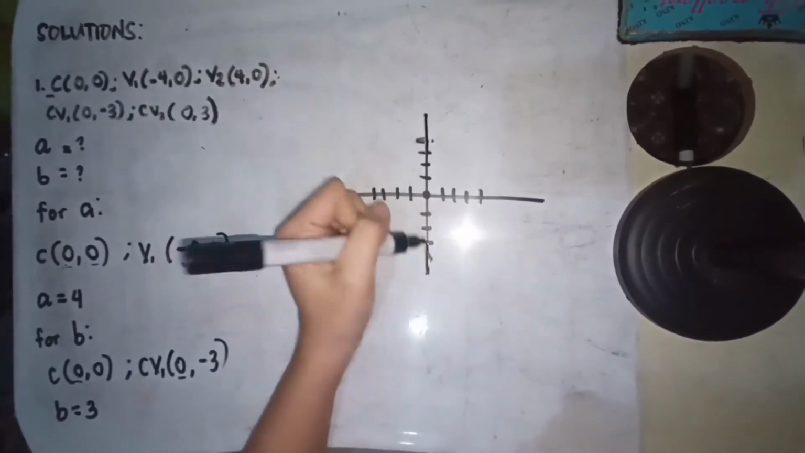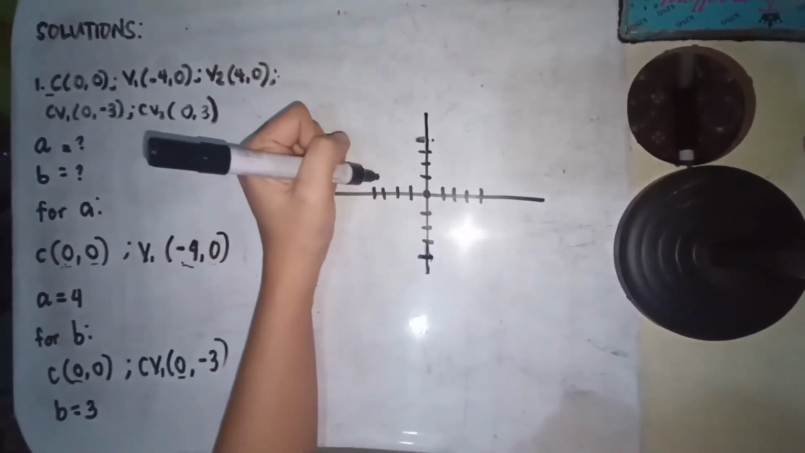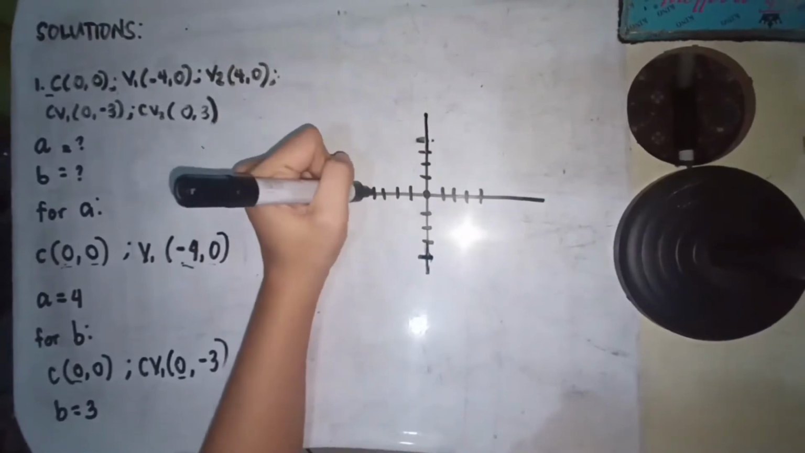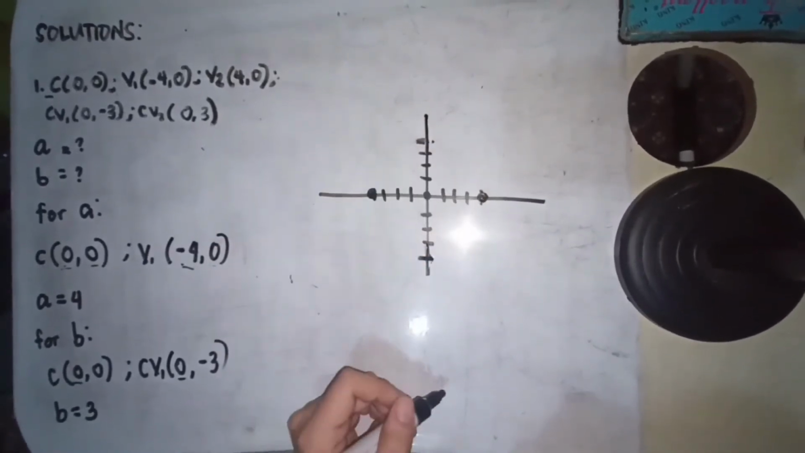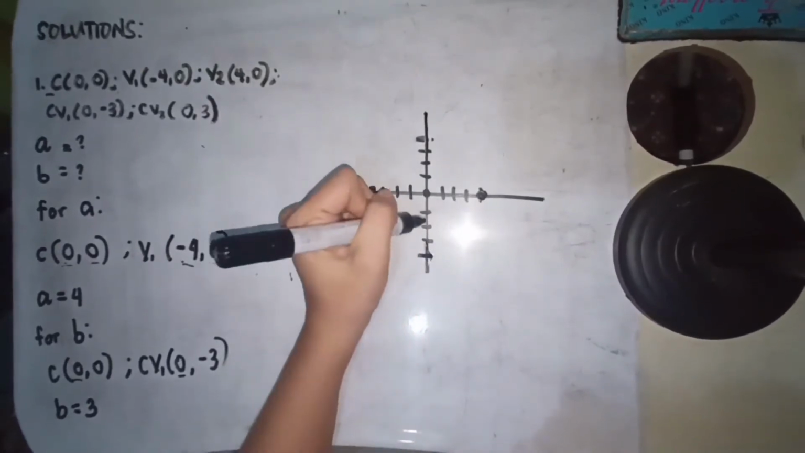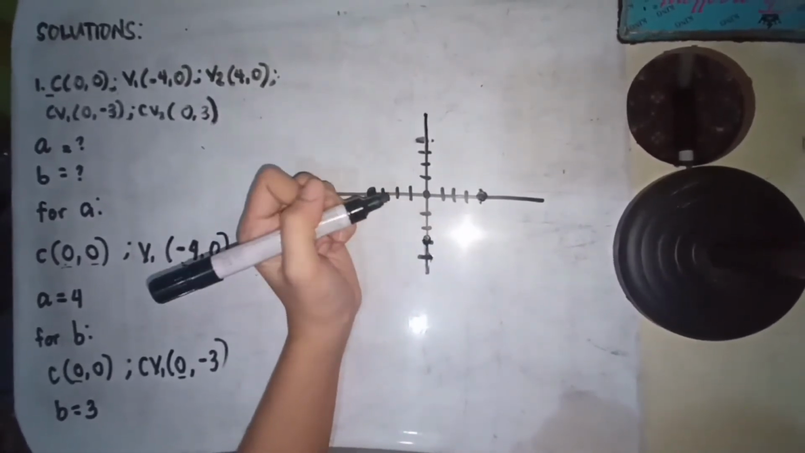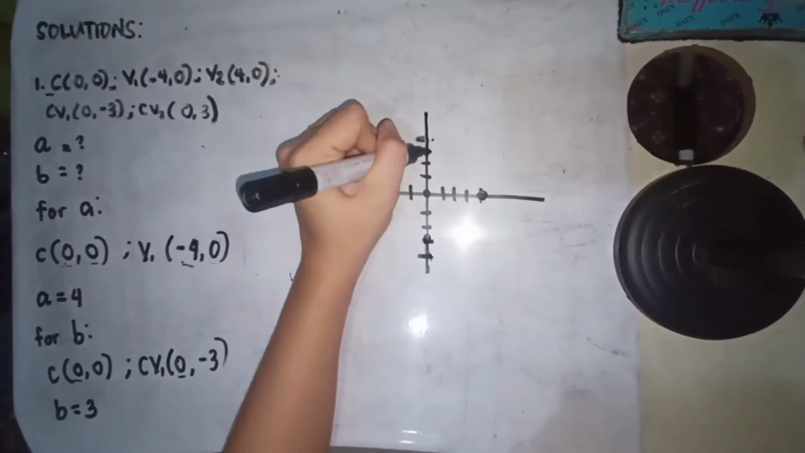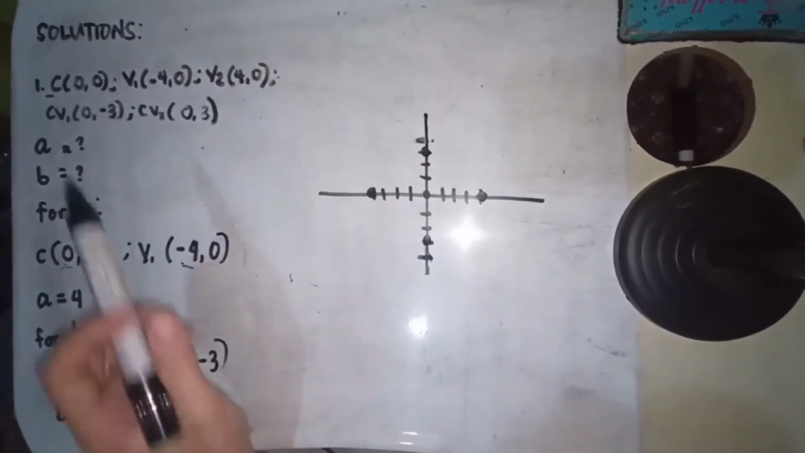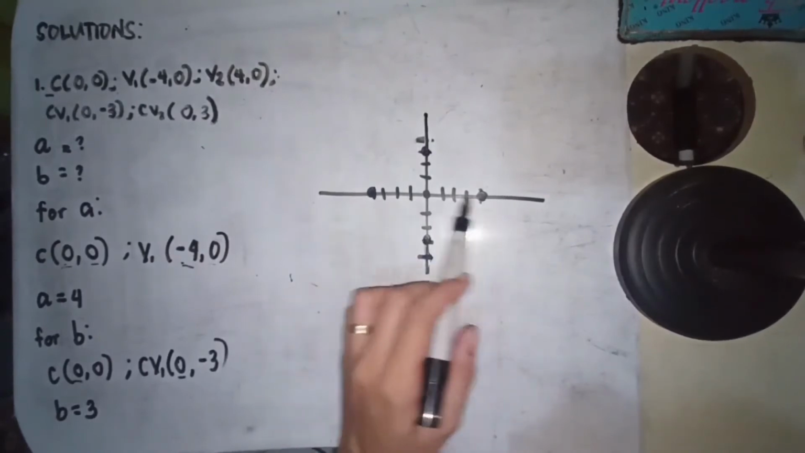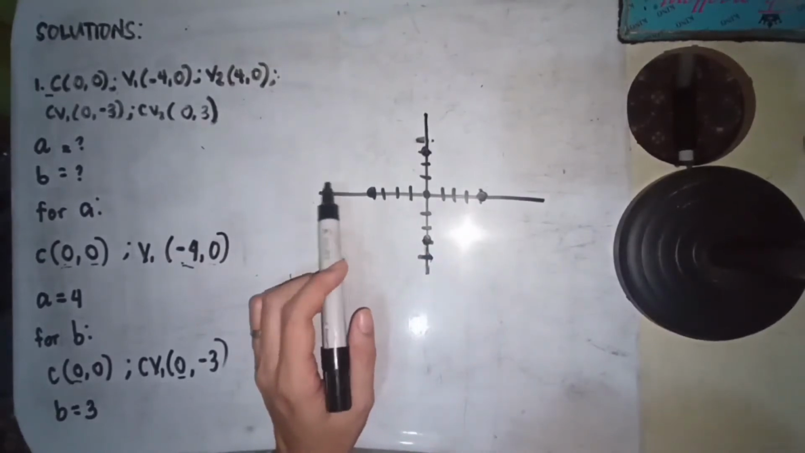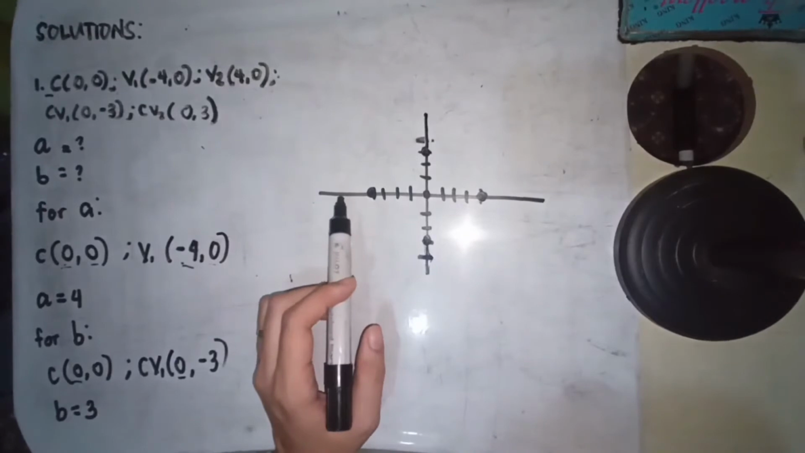Okay, we have 4 and 0, negative 4 and 0, and then we have positive 4 and 0. And then we also have 0 and negative 3, and we have 0 and positive 3. Okay, so since our vertex lies on the x-axis, naghigda, remember that our vertices are the endpoints of our major